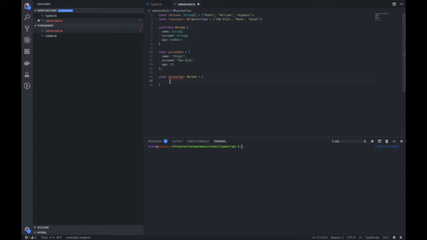You're saying the person should always have a name, always have a surname, and should always have an age. So if you press control space on your Mac, or I think it's control space on your Windows machine, it shows you which properties are in there, so you can actually add them there. So we said the age should be a number, so we can give our age the value of 24, and then you can do it again, and now you have your name there, same thing, and then you give it your name,